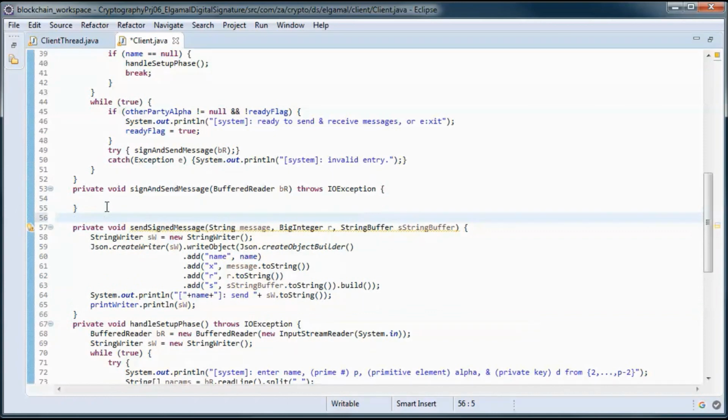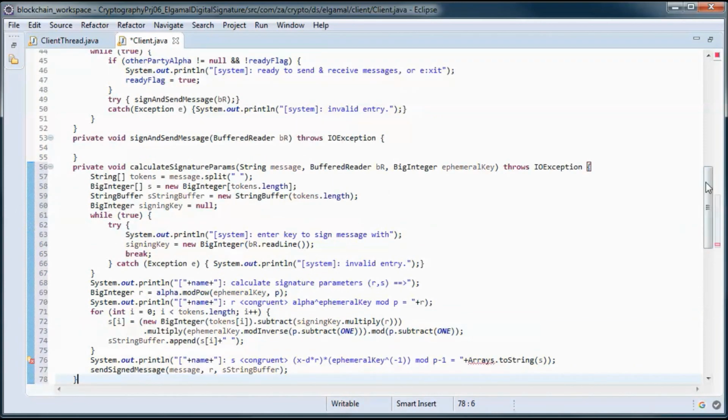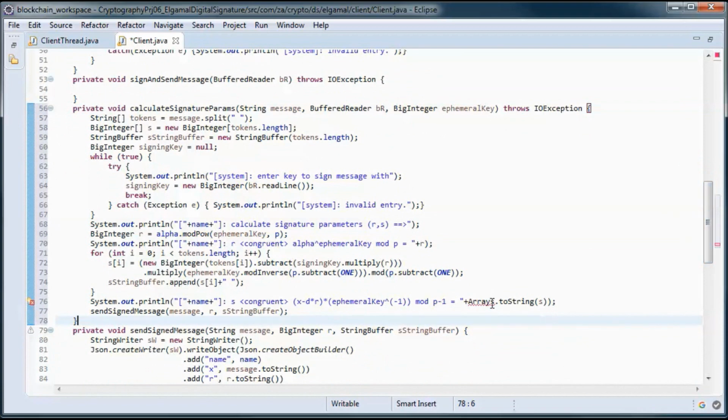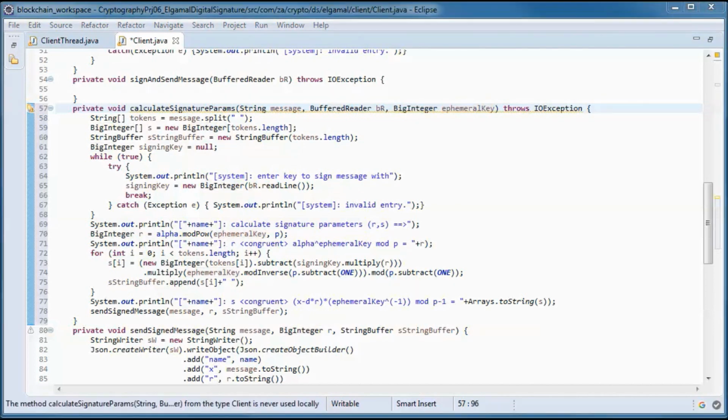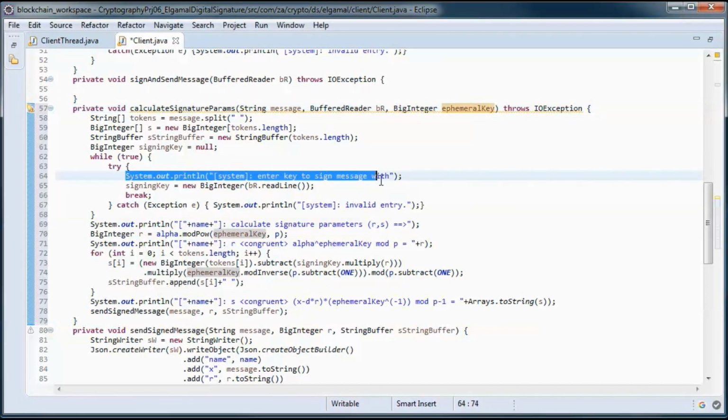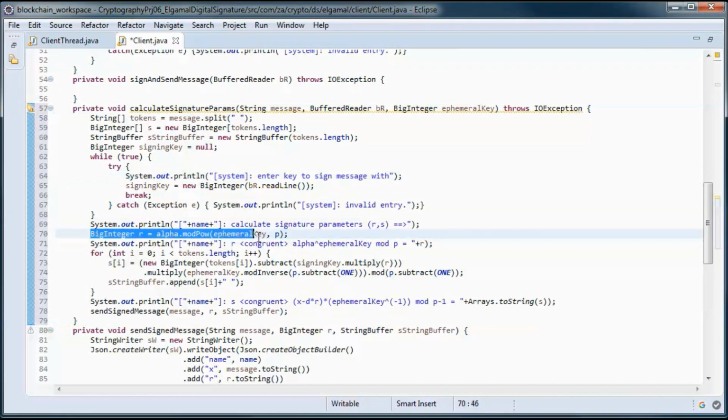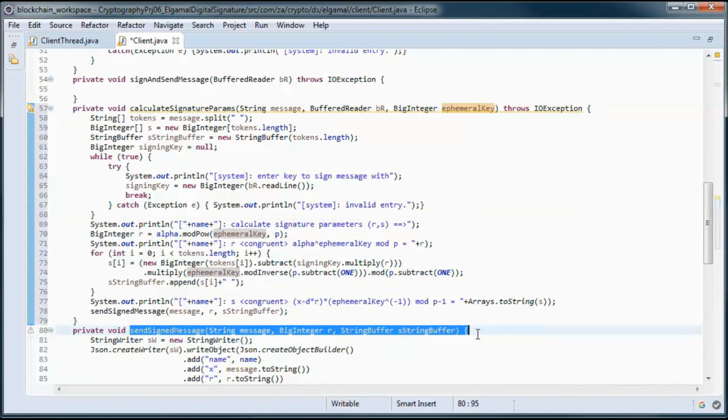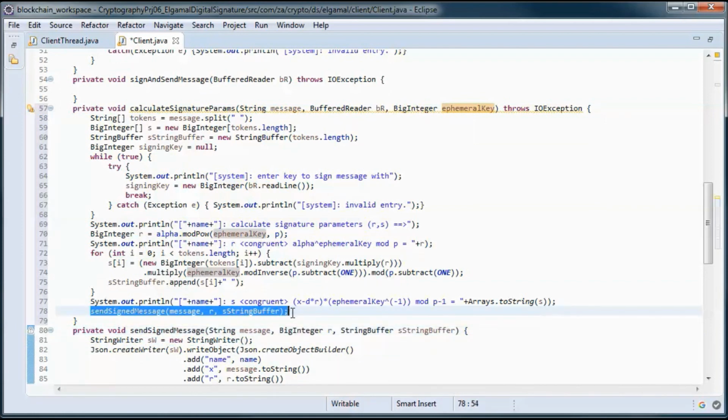And this method calculates the signature params, so it takes in the message and a buffered reader and the ephemeral key, and it prompts the user to enter the private key to sign the message with, and it calculates the signature params R and S, and calls this method to send the signed message.